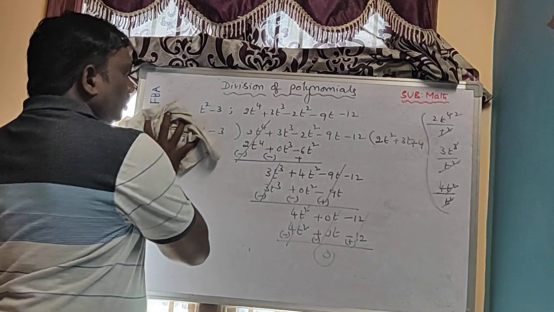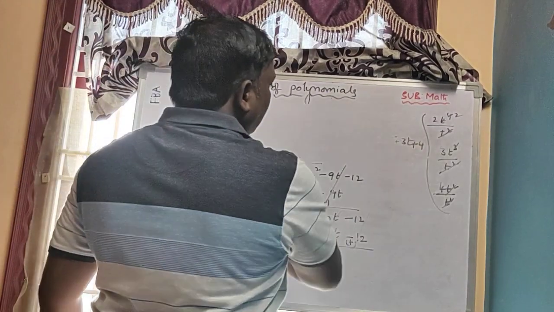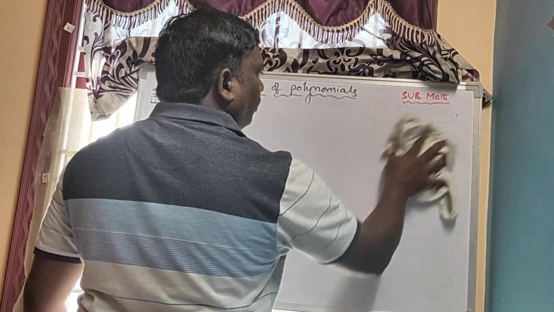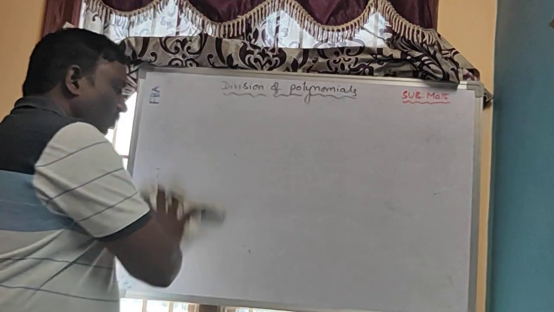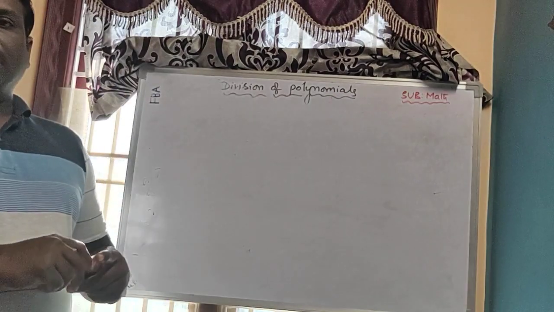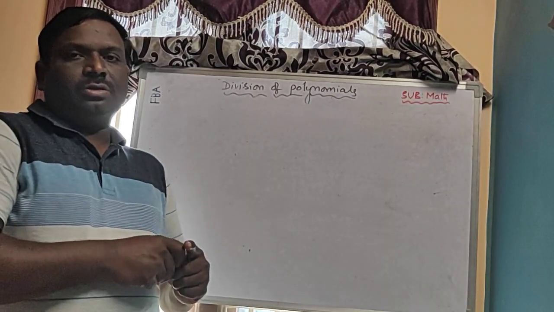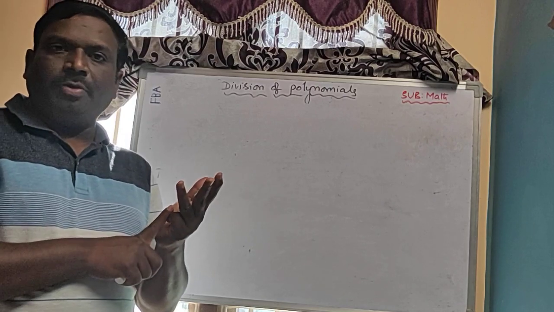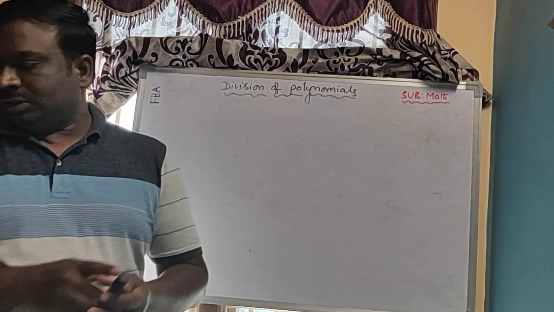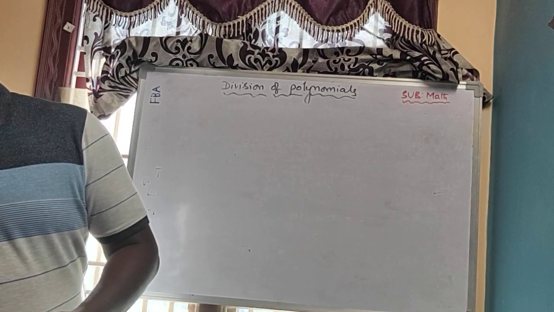And the third model is where they will give two zeros. In your textbook there is an example question and an exercise question, two model questions. I will explain the exercise question. They gave a biquadratic polynomial with two zeros, and we have to find the remaining two zeros. So the question is